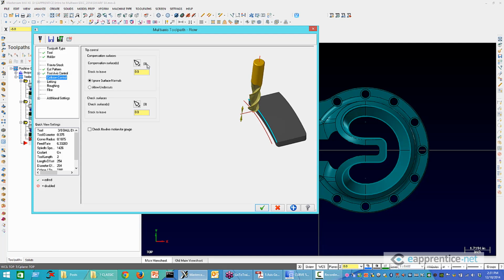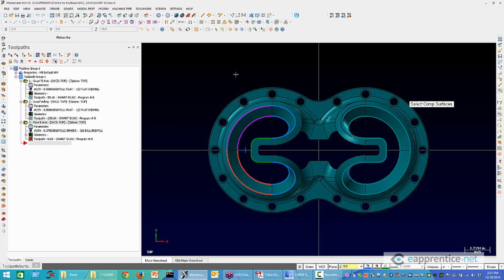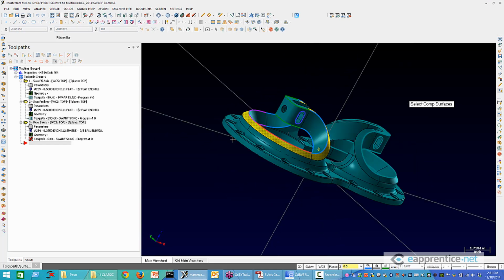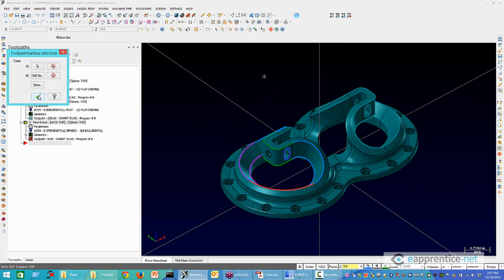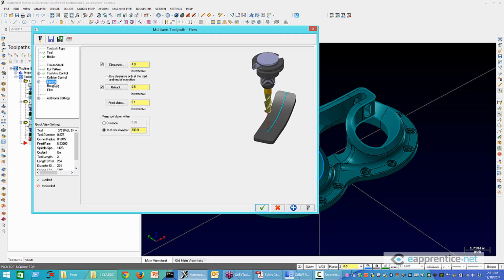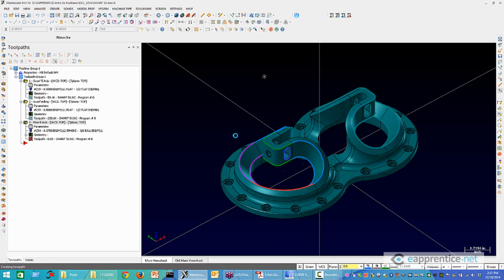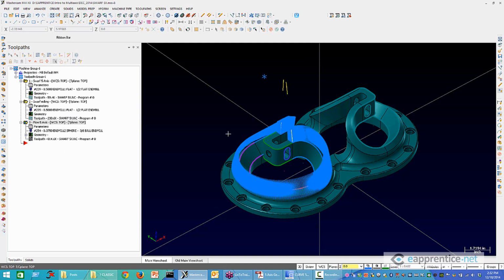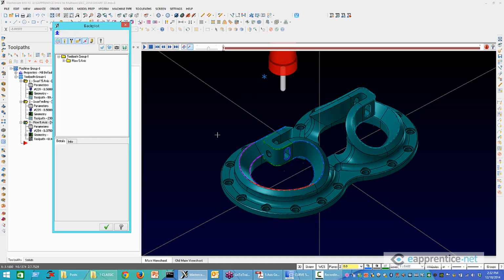Collision control is just going to be on a set of surfaces. So I'll take that. Oh, I'm not doing that one. I'm just doing these guys here. So same set of surfaces. And you can tell it for the compensation surfaces whether you want to ignore surface normals or whether you want to allow undercutting. We'll leave the rest of the defaults. And if I backplot that,